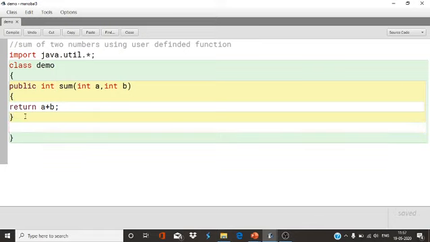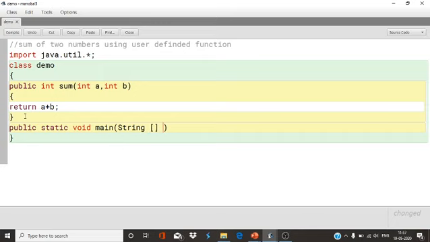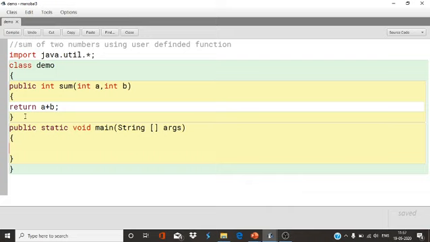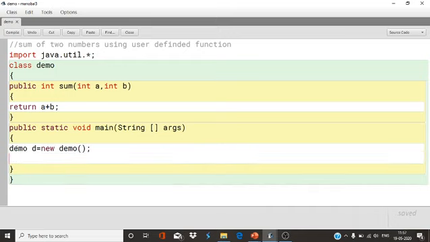Now you have to call the method in the main method, because main method is the entry point of the compiler. So I'm going to declare the main method, public static void main String. We need an object of the class to call the method. So what is the object? Class name demo. So demo d equals to new demo, object of the class created.